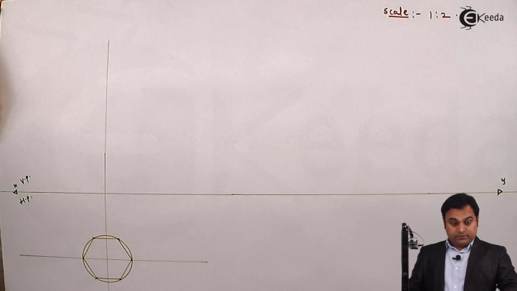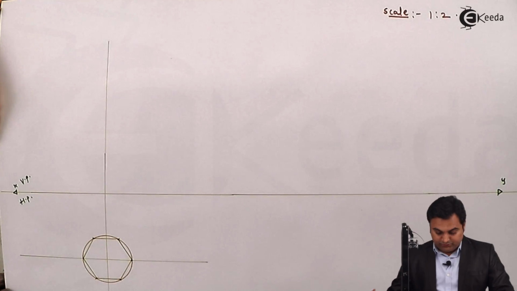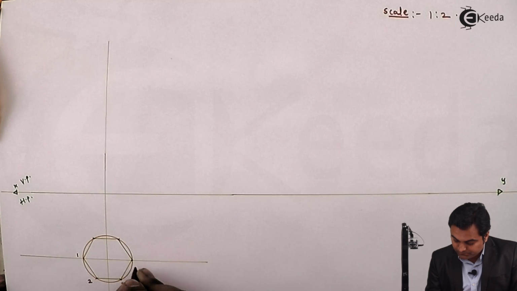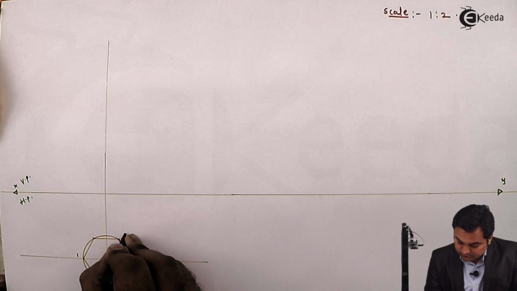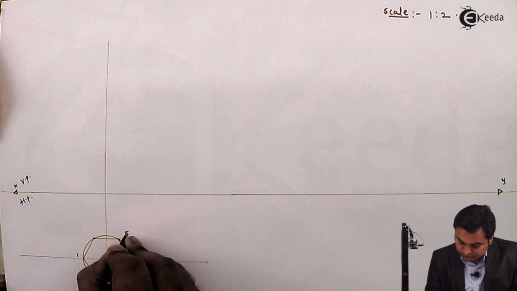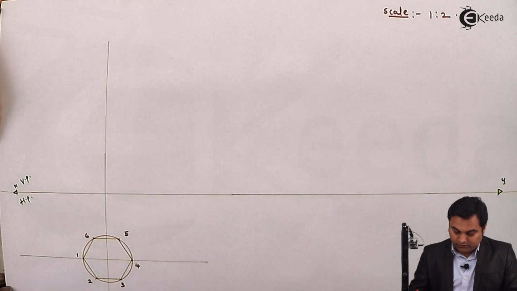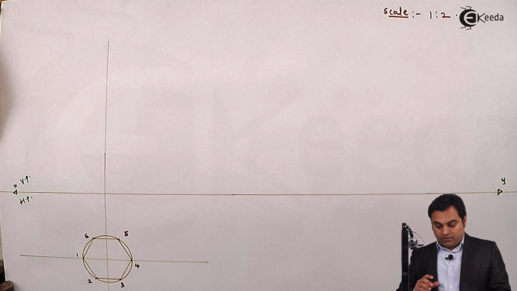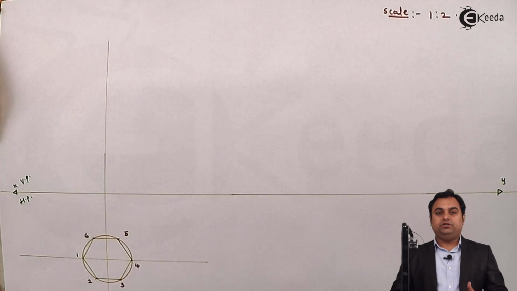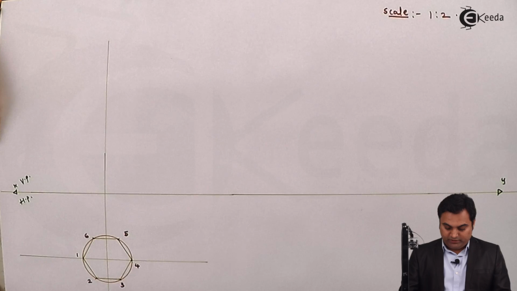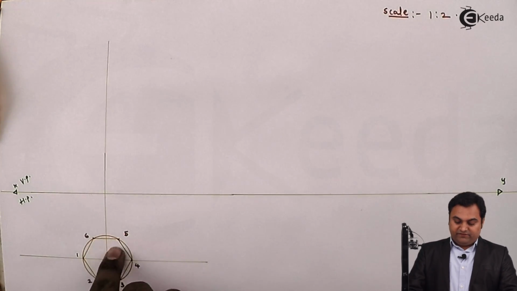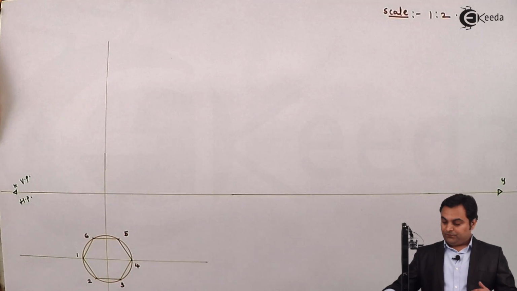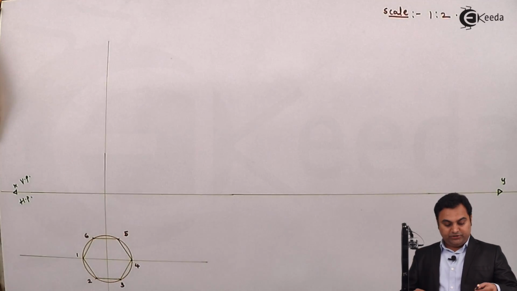Next, here as we see, I'll give it the notations. Now, this is the top view of the hexagonal prism. From this, I am going to plot the front view, and here if we see in the top view, edges 2, 3 and edges 5, 6 are parallel to VP. They are seen in HP. So projecting these points in the front view,